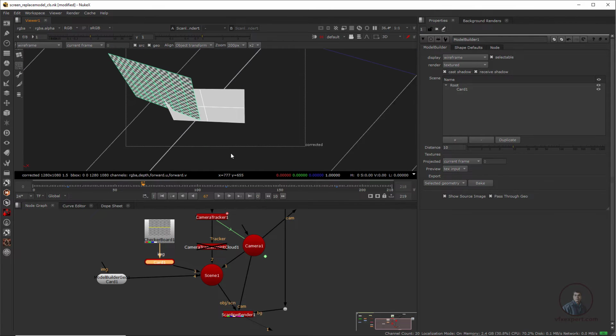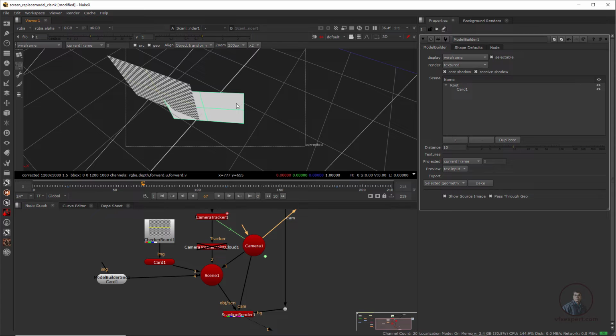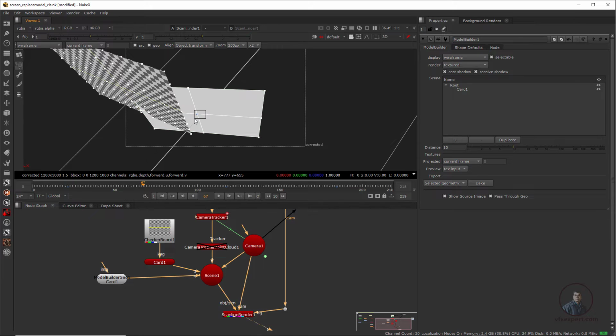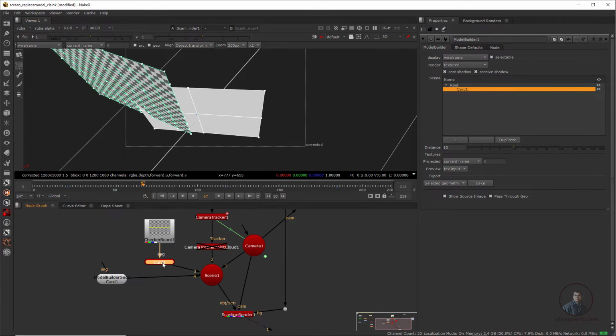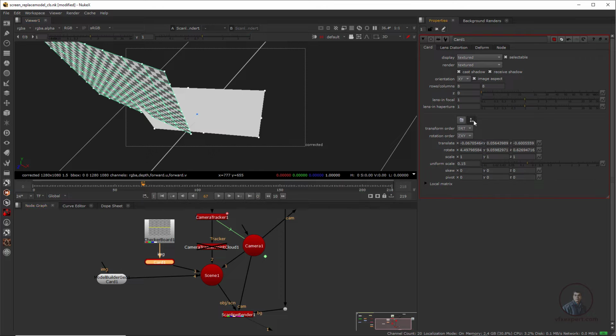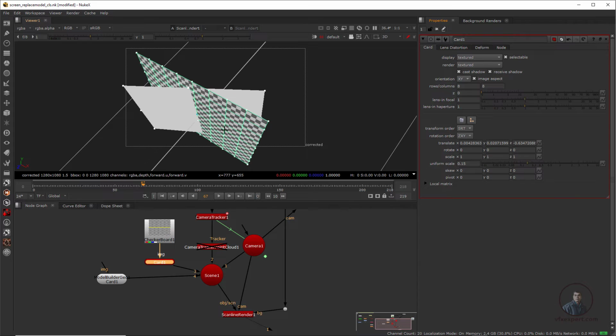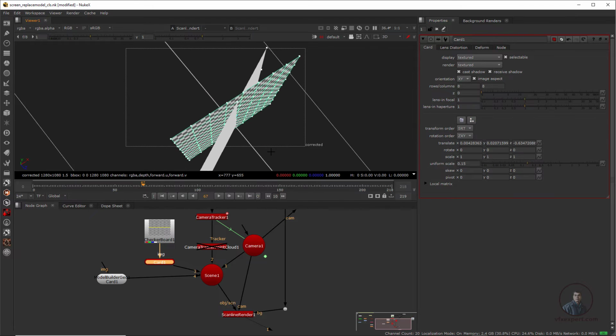So for this what we have to do? Simple, we have to select this card. Then here you will get these node selection, vertex selection, face, all these things here. So here we have to select this vertex selection, and we have to select this center vertex. So here I have selected this center vertex on this model builder card. Remember this one. Now we have to double click on this card here, which is our default card here. Then here we have to select this match selection positions orientation here. So here I have shifted this one here. Then after this easily we can rotate it.